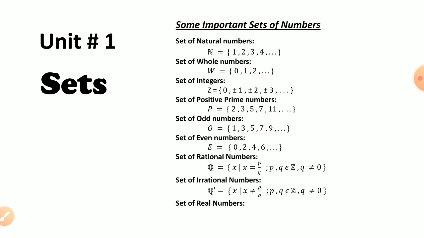Next we have the set of real numbers. The set of real numbers is represented by capital R, and it includes all the rational numbers and all the irrational numbers. It means if we combine all rational numbers and irrational numbers, we will get the set of real numbers. The set of real numbers will include every number: all the negative numbers, all the positive numbers, all decimal numbers, all square roots, all cube roots. Every number will be included in the set of real numbers. Moving forward,